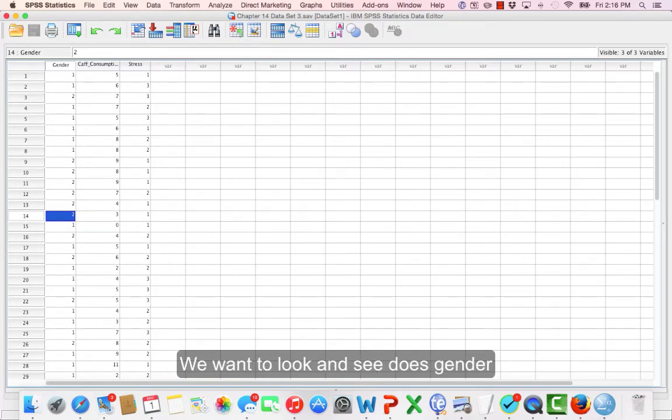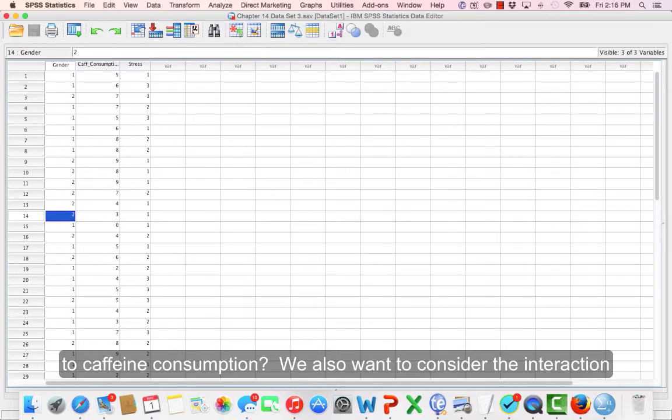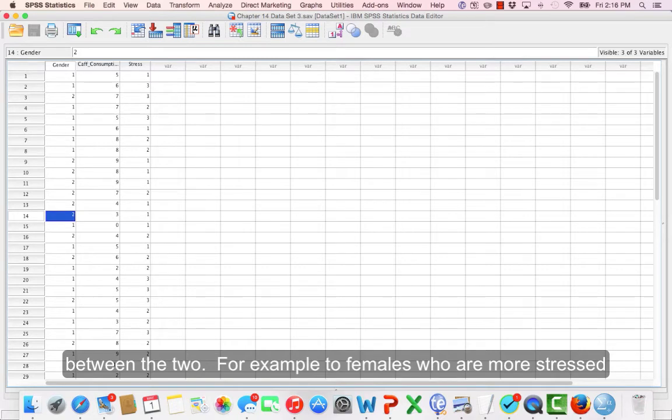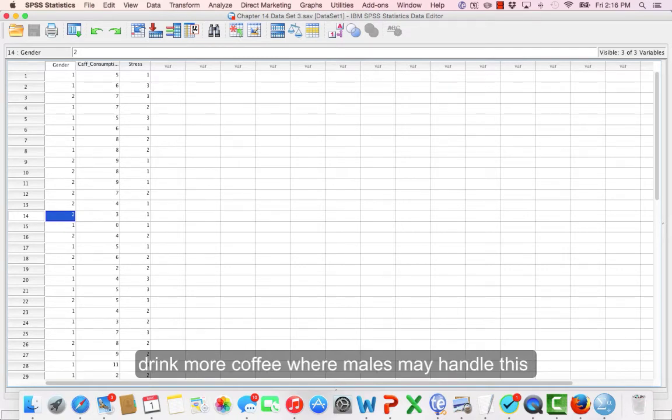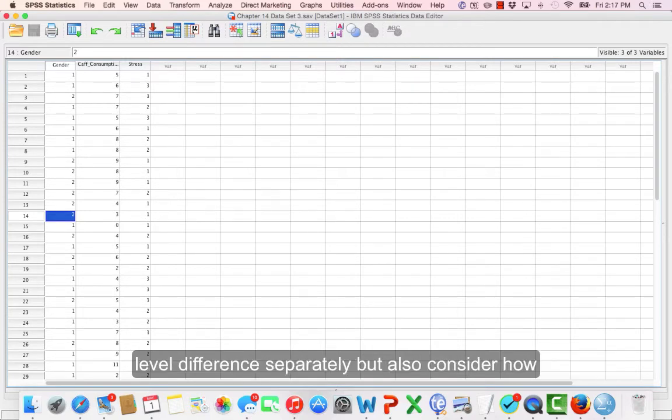Now we want to look and see, does gender relate to caffeine consumption? Does stress relate to caffeine consumption? But we also want to consider the interaction between the two. Do females tend to get more stressed and therefore drink more coffee, where males might handle stress a different way and not turn to caffeine? So it's important not only to consider the gender difference and the stress level difference separately, but to consider how